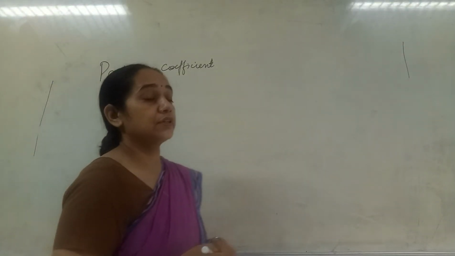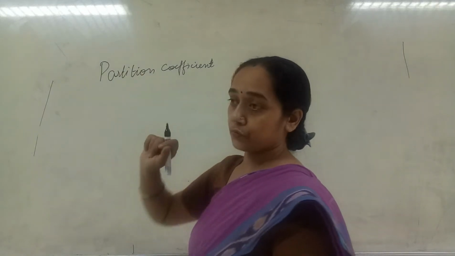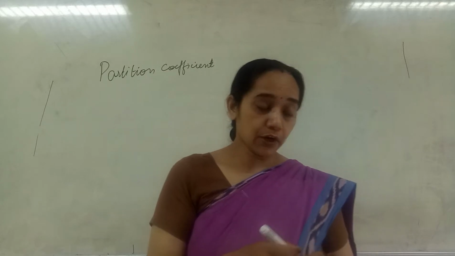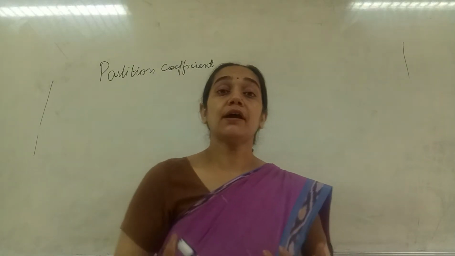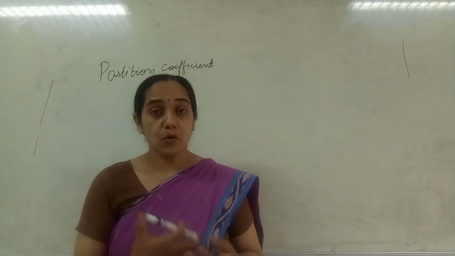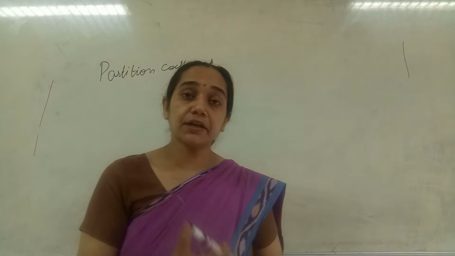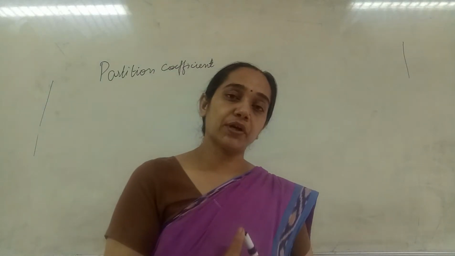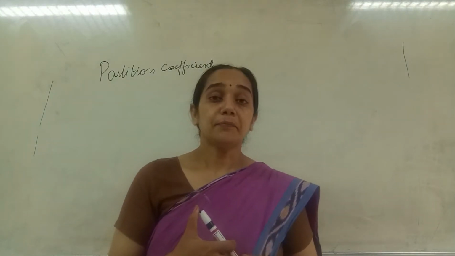So now the next physicochemical property is partition coefficient. Partition coefficient is basically determined in order to know how our drug will move through the different levels of the body as after administration it reaches the systemic circulation. For example, if we have taken it orally, then it will be absorbed through the membranes.